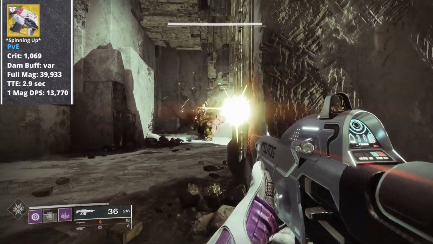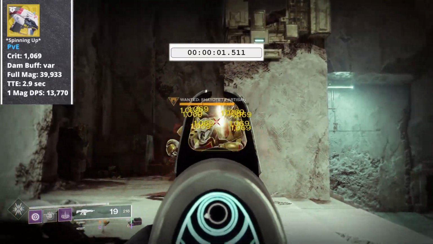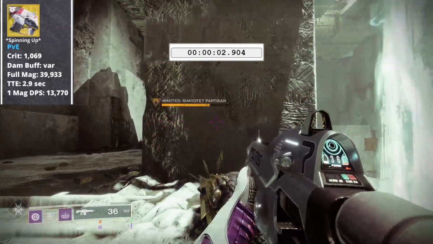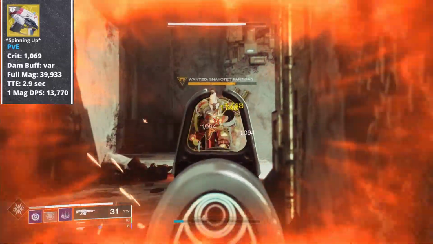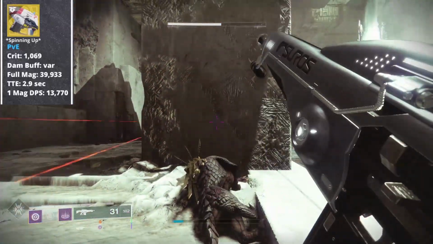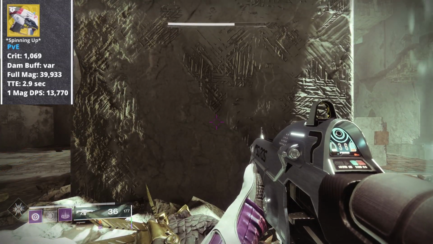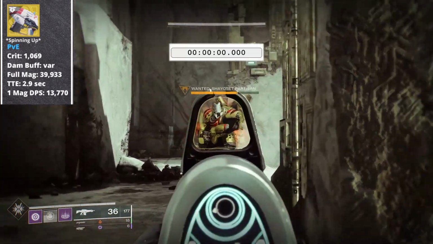Time to empty is just over 2.9 seconds, so single mag damage per second is 13,770. Crits with dual speed receiver at base are registering 1,748. On the 19th round, that jumps to 1,837, and the final bullet hits for 1908. Damage in a single mag with this fire mode is